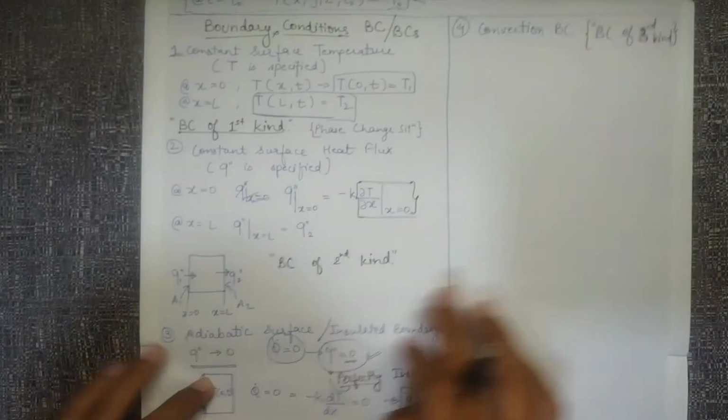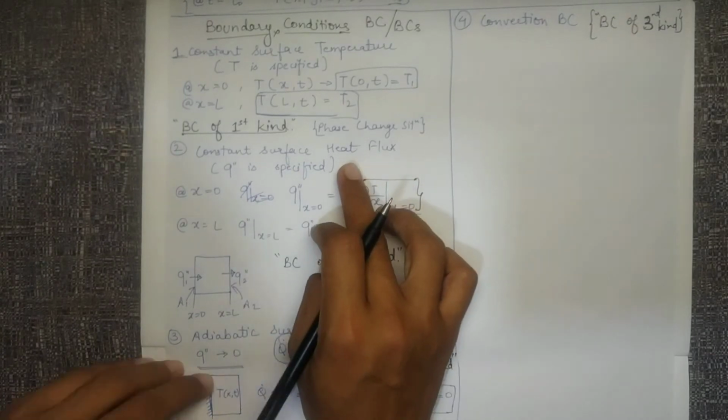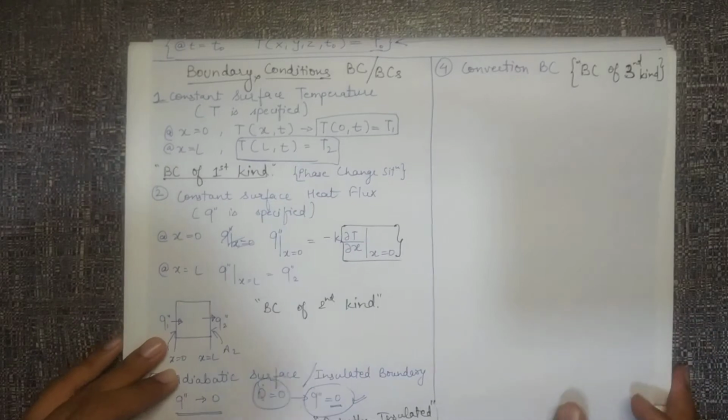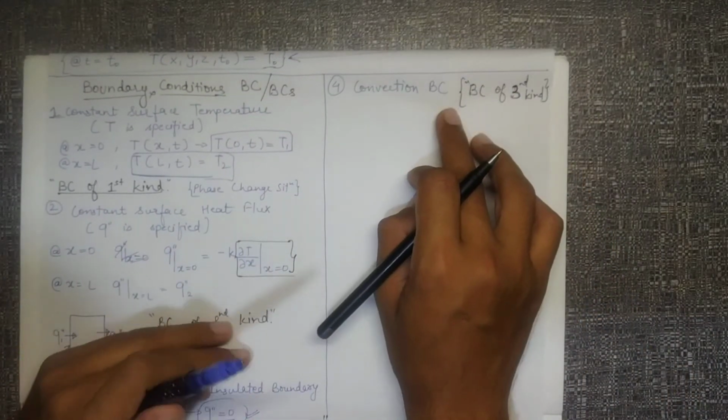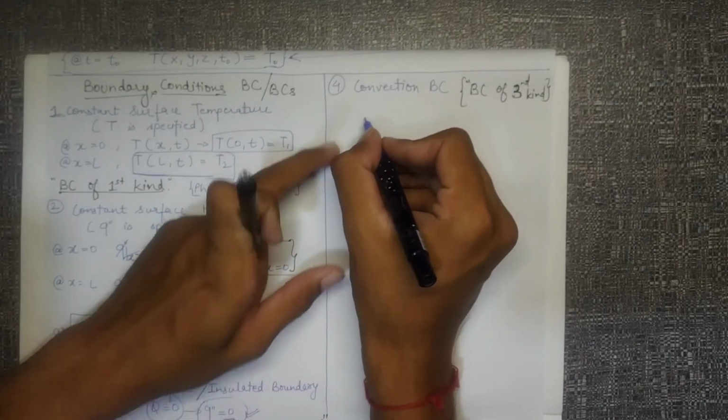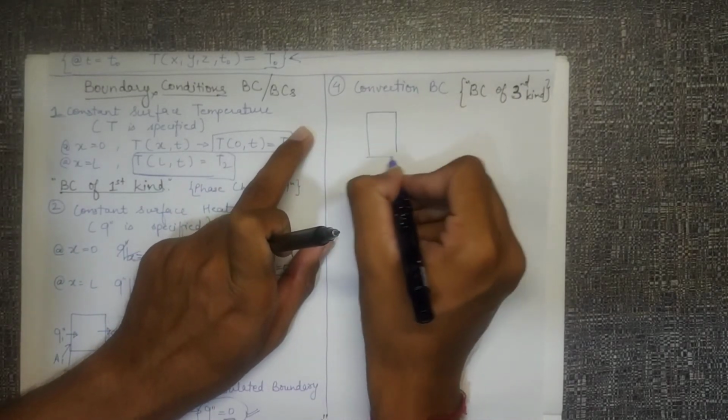So this was the second kind, where the heat flux was constant. First kind was where the surface temperature was constant. The third one is where the boundary condition is a convection boundary condition. That means if I have a surface or a wall